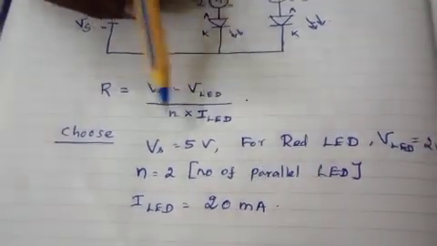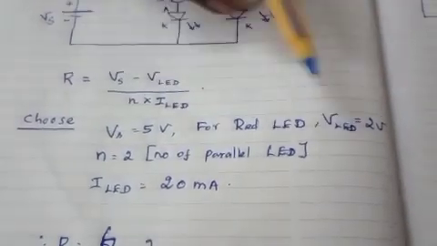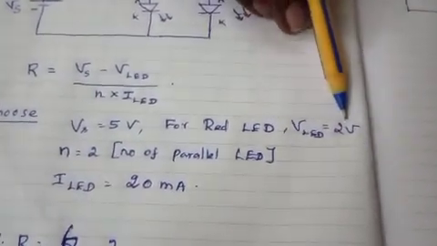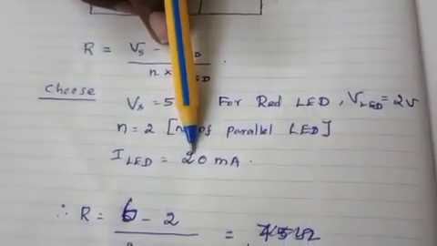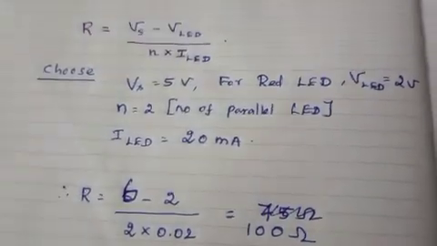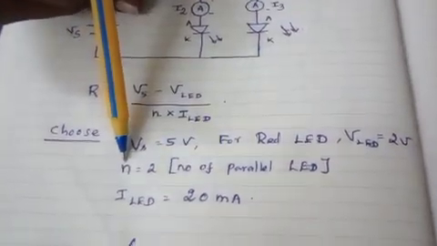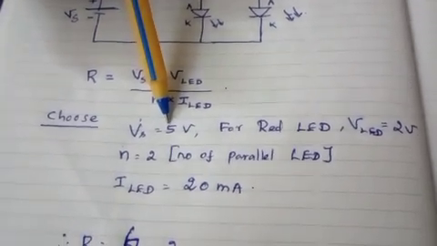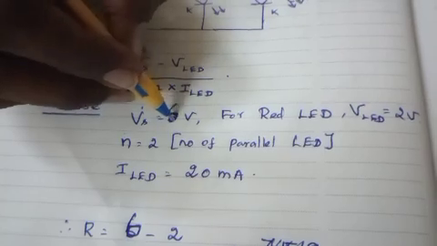So here we are going to choose a red LED. For red LED, the LED forward voltage is always 2 volt, and the current taken by the LED is actually 20 milliampere. Right, and you can see in the circuit we have connected two LEDs in parallel, so N is actually 2. I will choose supply voltage as 5 volt. Right, maybe we take it as 6 volt, better. Okay,